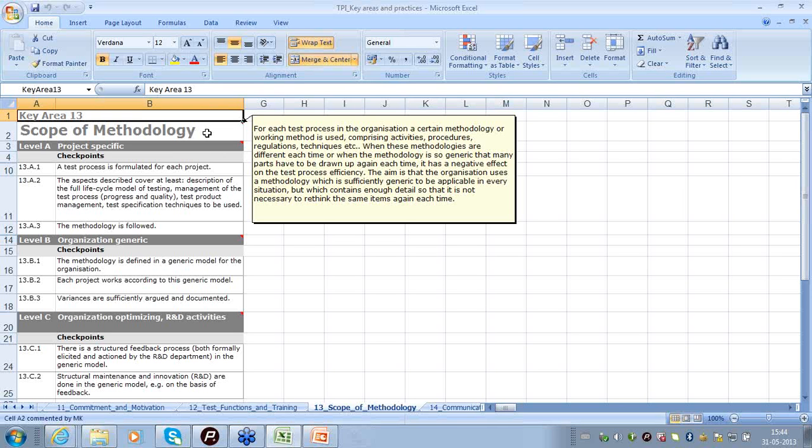When the software testing methodology is too specific, it becomes unusable for a new project, or in fact for any of the new projects which the organization executes in the future. So to ensure basically that the test methodology is reusable to a certain extent, it says that it has to be neither too generic nor too specific.